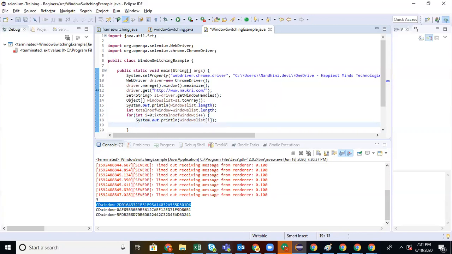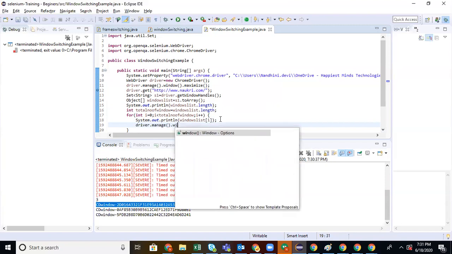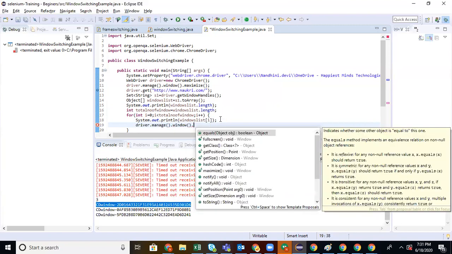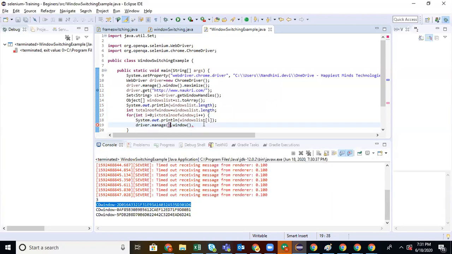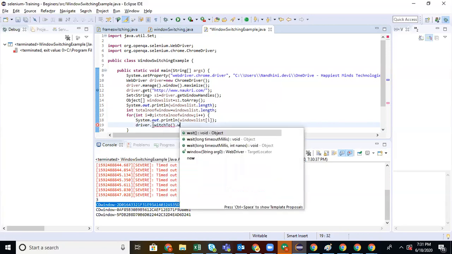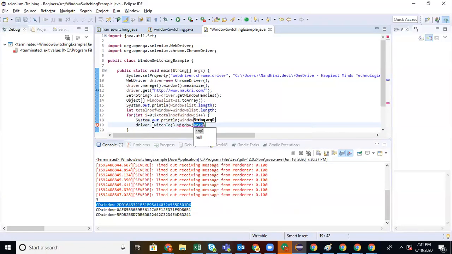So for that, you use driver.switchTo().window. Here you can give the window name. Okay. So the window name is the window list of i.